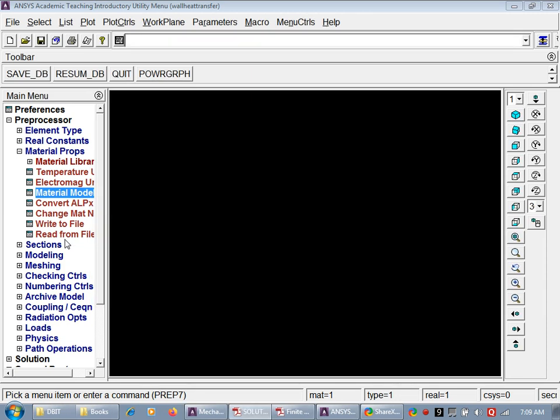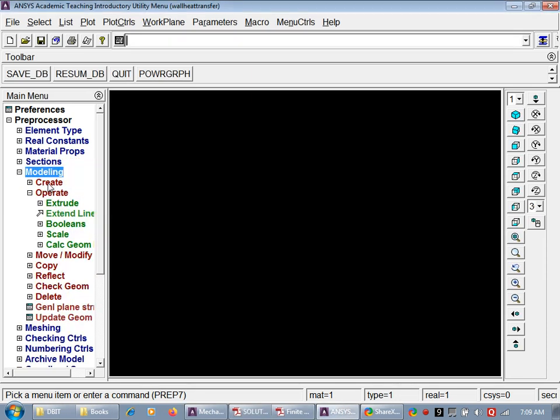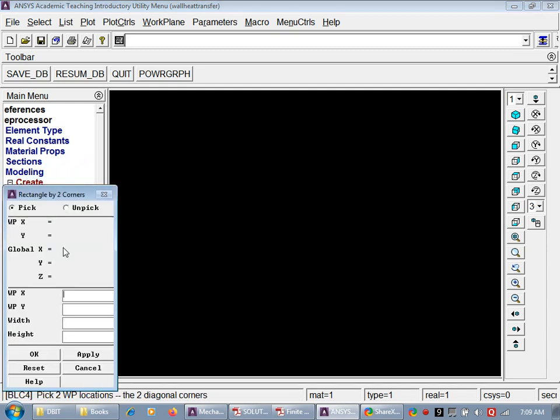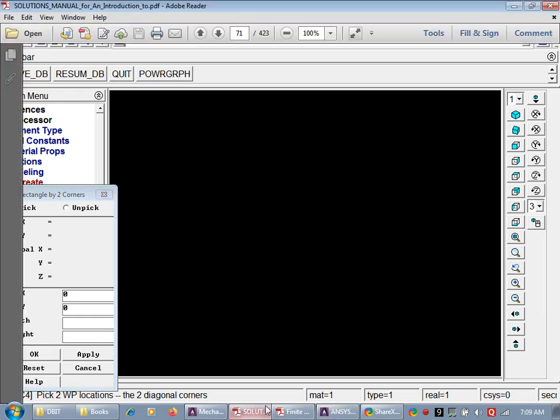Then we will start modeling. We can directly create rectangles by the two corner method. First is the starting bottom left corner, that is 0, 0. We only have to provide this H1.